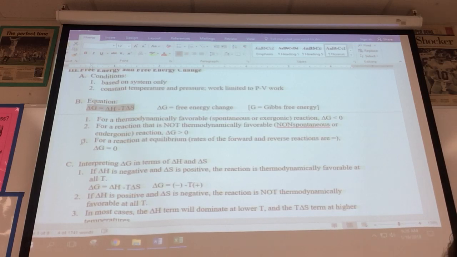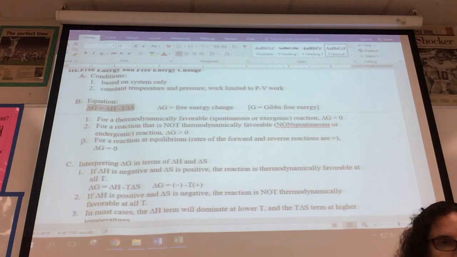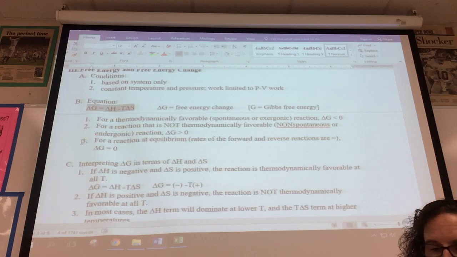If the reaction is not thermodynamically favorable, delta G will be positive or greater than 0, and if the reaction's at chemical equilibrium, where the rate of the forward and the rate of the reverse reactions are equal, delta G will be 0. And just to put some of this in perspective, because it can get very tricky,